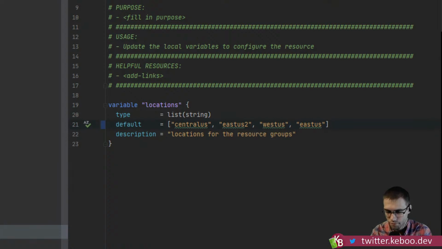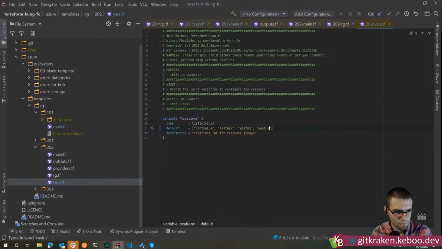Well, one thing for me when I think ahead is that for something like this, where I potentially will have more than one, writing it as a list of strings and only having one value kind of starts to make sense.